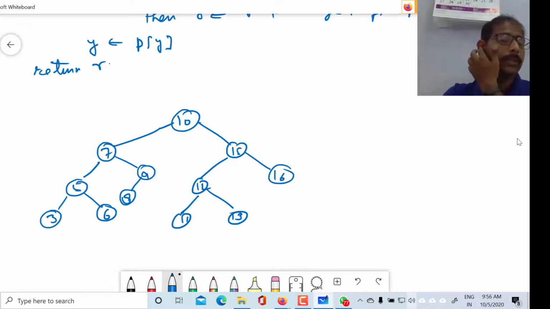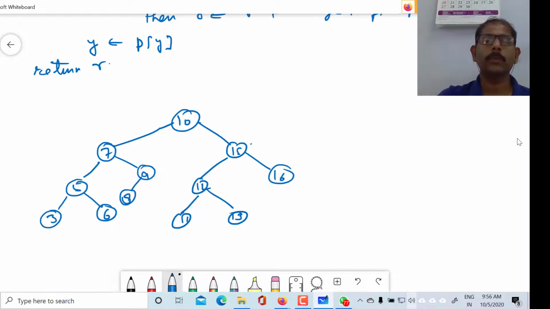Suppose this is my tree and I have to find the rank of node 15. I have to find the rank of this particular node. What is the rank of this particular node?